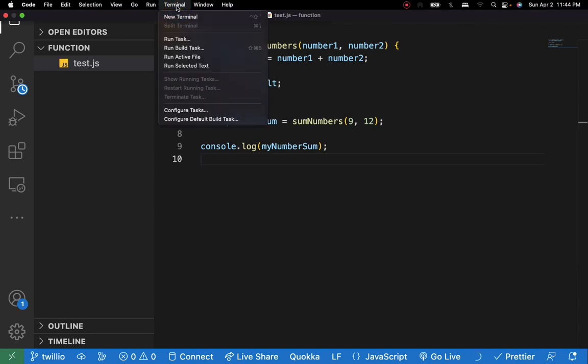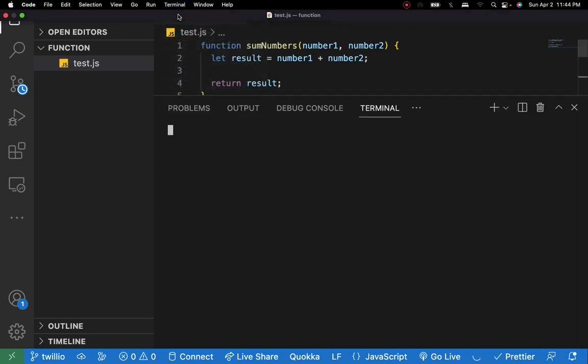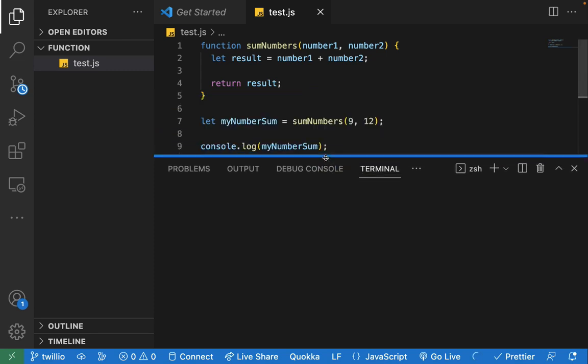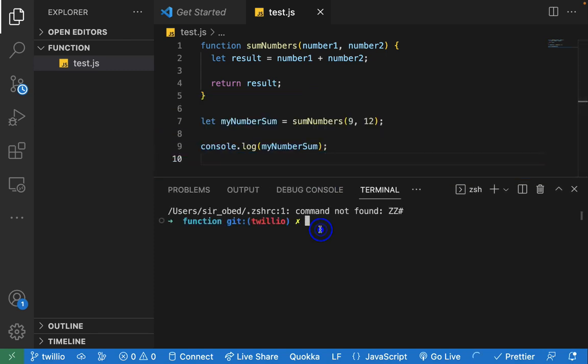I click on the terminal button up here, new terminal, and let me drag my window a little bit. I have Node installed on my machine, so I can run this JavaScript file using my Node JavaScript runtime engine. All I need to do is write the command node and then the name of the file,